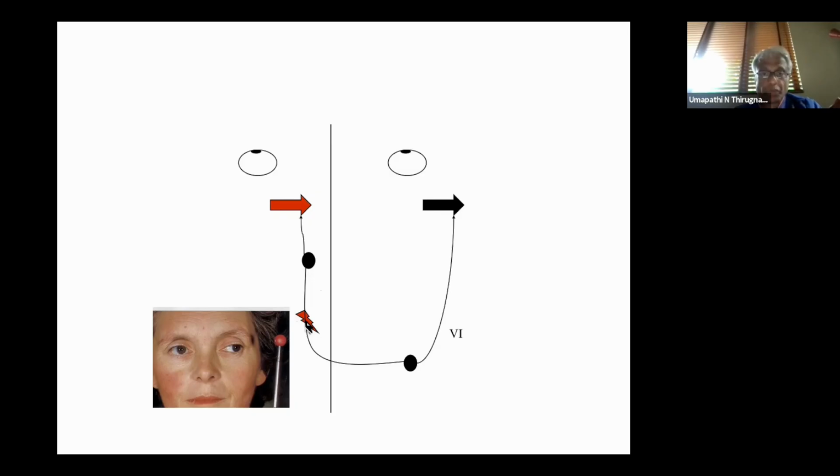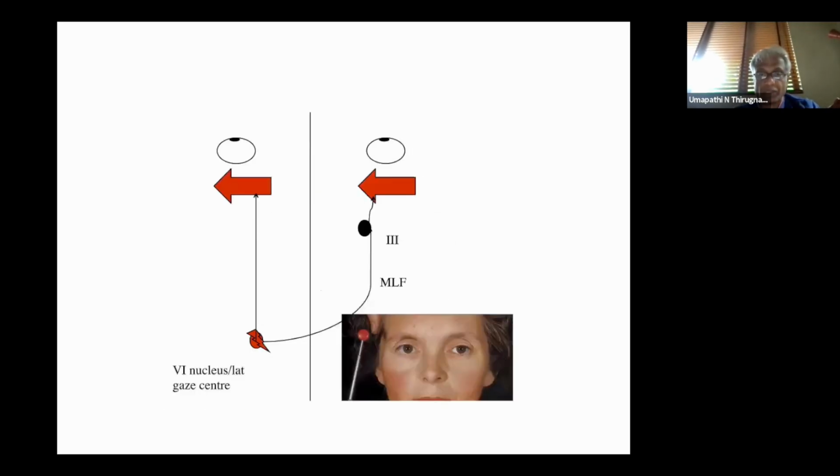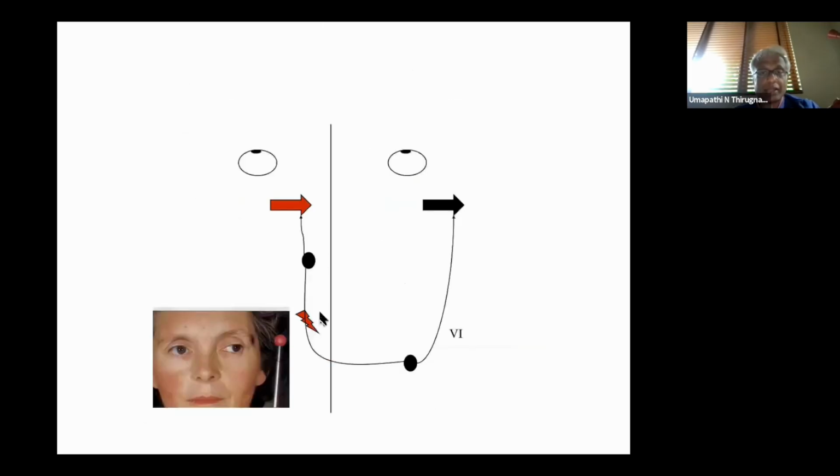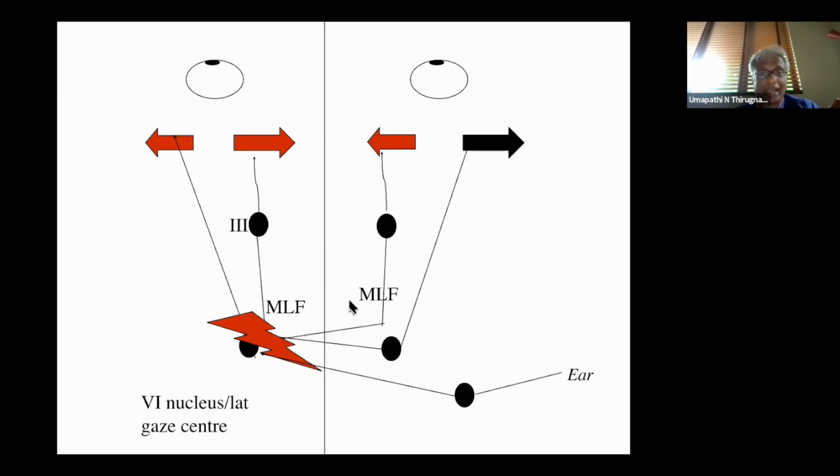Okay, so if you think about this lesion, it's in the left side of the pons. This lesion is in the left side of the pons. Sorry, right side of the pons. This lesion is also in the right side of the pons. So if you were to superimpose them, you realize that